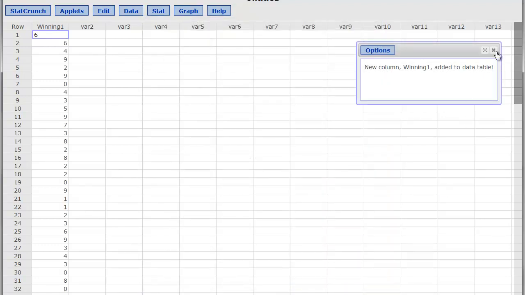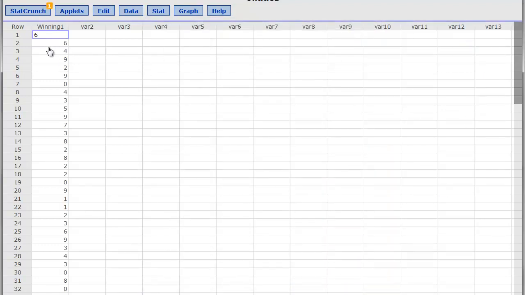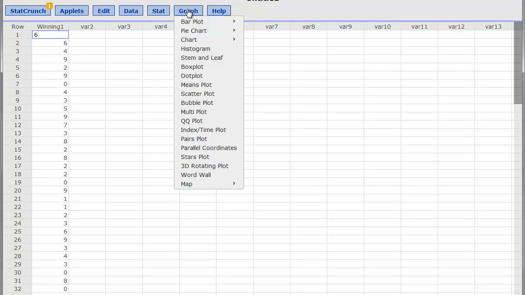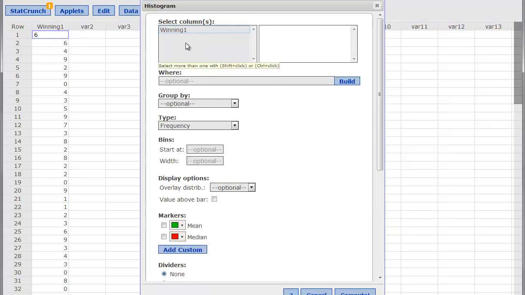and I'm going to go ahead and click compute. And hopefully what you notice right away is that I've got this winning column, and I've got values 6, 4, 9, 2, 9, 0, 4, and I've got 40 of them that are discrete values between 0 and 9 in here. Now, I could certainly count up all of the 2s, all the 3s, all the 4s, all the 5s, but why? Why would I do that? I have a beautiful tool that I can use, the histogram, that will allow me to essentially count all of these numbers right away. And so what I'm going to do is I'm going to graph the histogram,